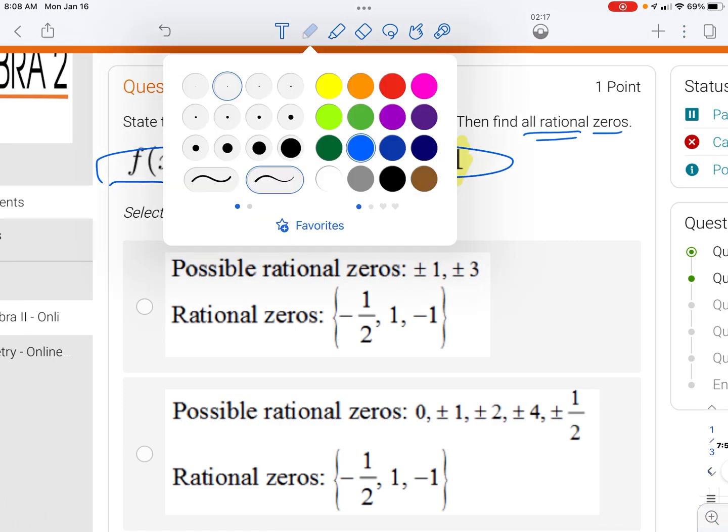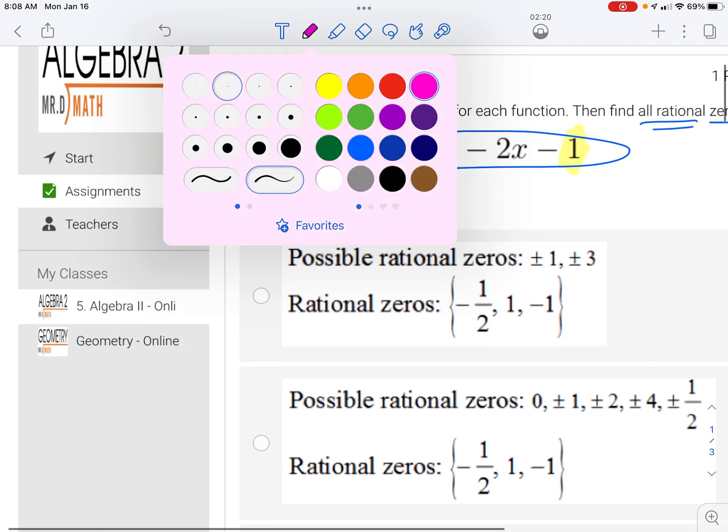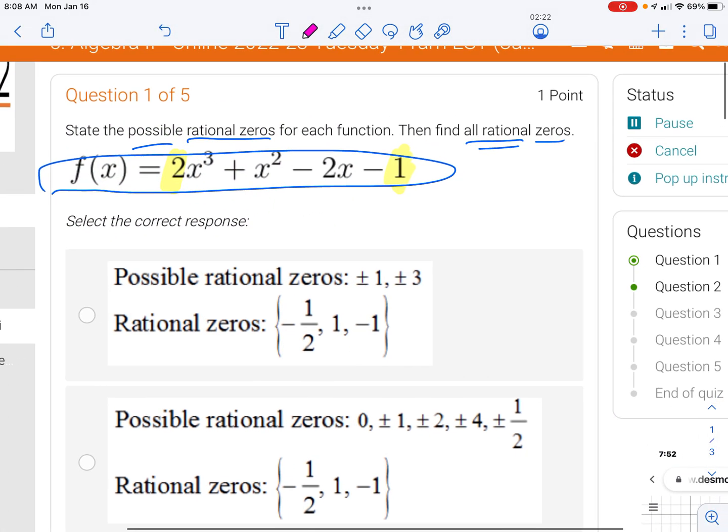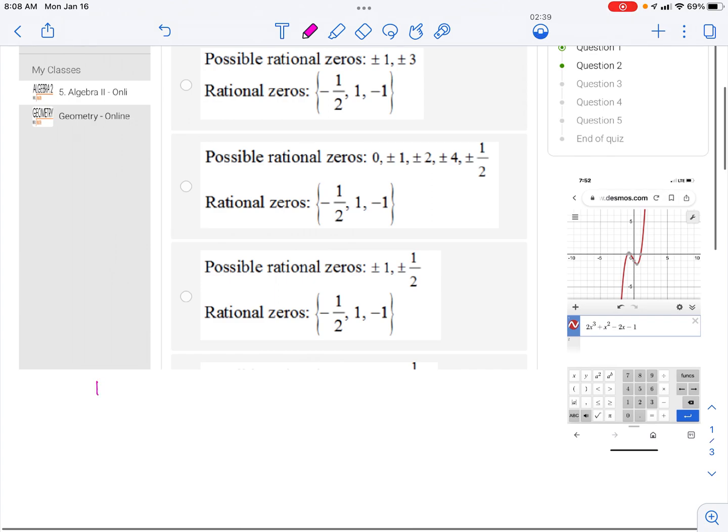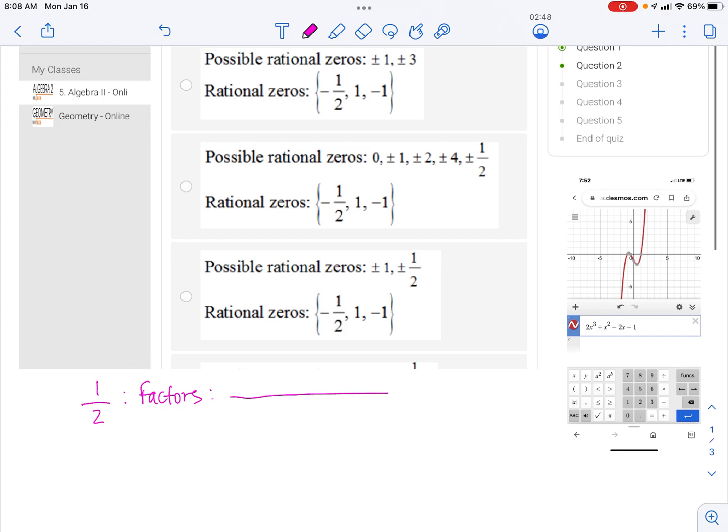So in each one of these problems, I wrote this down so that I would get used to remembering what it is that I'm even doing when I list these numbers. So we take the last term and we put it over the first term. So the last term was 1. The first term is 2. That's significant to us because the next step that we're going to do, and I'm going to come down here and do that, is take that 1 and that 2 and list the factors for each one of those. Okay, and I'm going to put a line here just to keep it intact to look like the 1 over 2. So the factors of 1